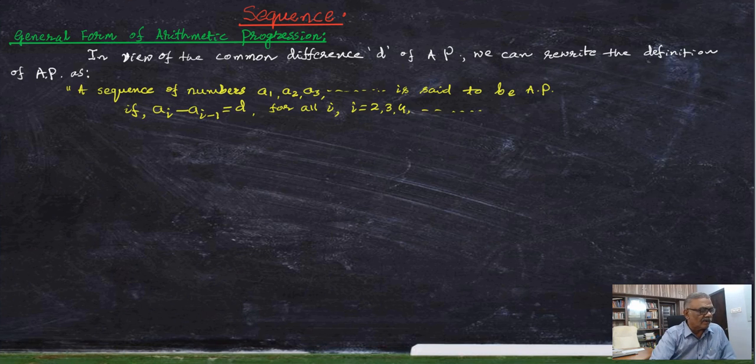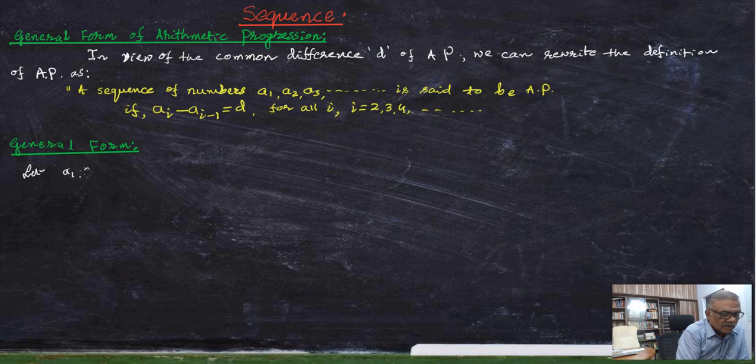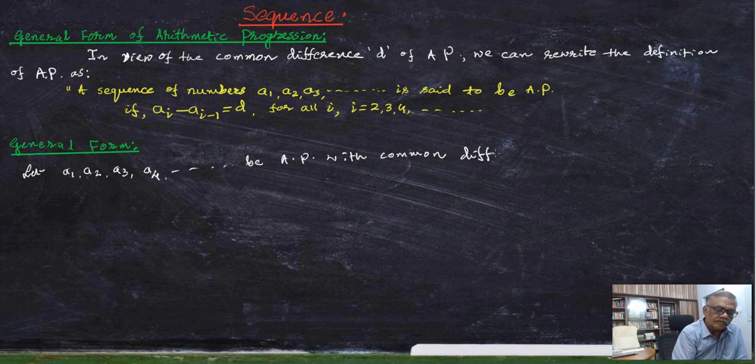Now we can see the general form of arithmetic progression. What is the general form? Let A1, A2, A3, A4, etc. be an AP with common difference D. In view of the definitions made above in terms of common difference, we fix